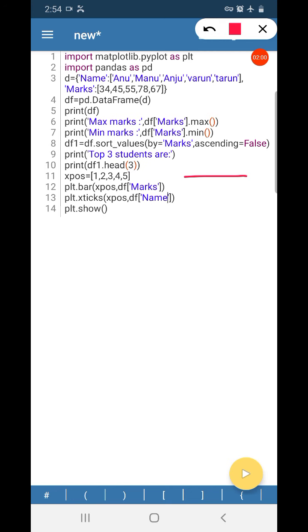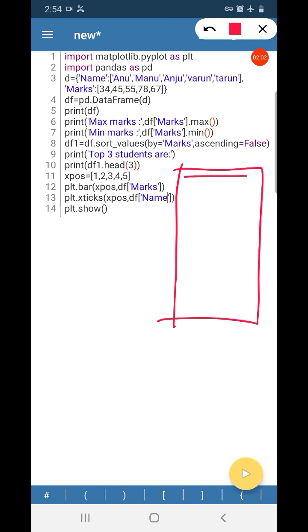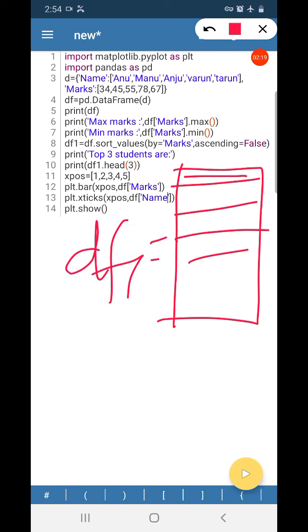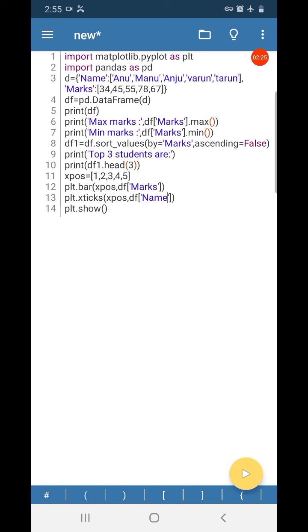So the highest marks will be in the first position, then the second highest, then the third highest, and so on. So we need the first 3 students who are the toppers. Since this data frame df1 is sorted in descending order, the first 3 rows will represent the details of the top 3 students.